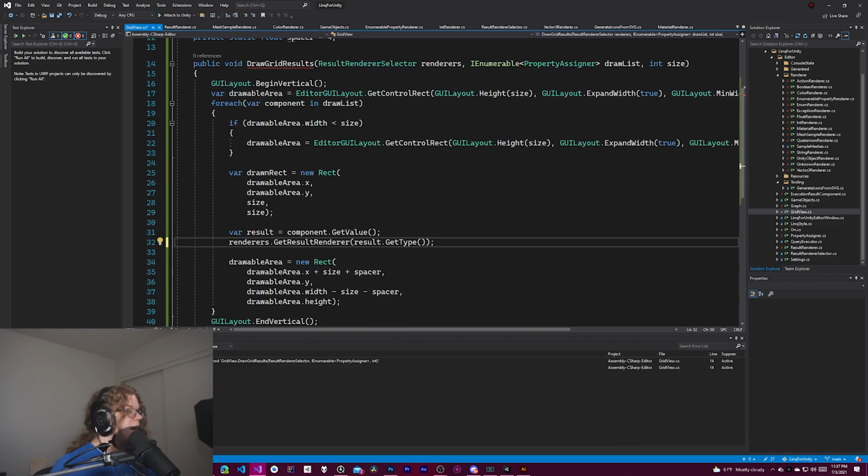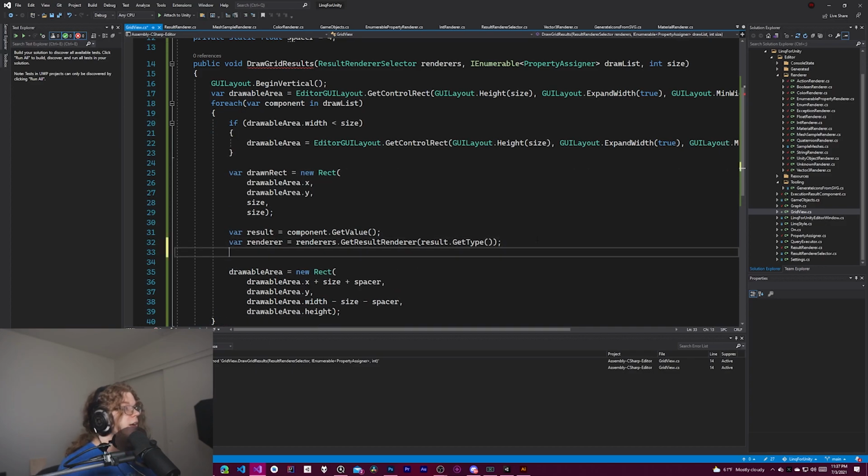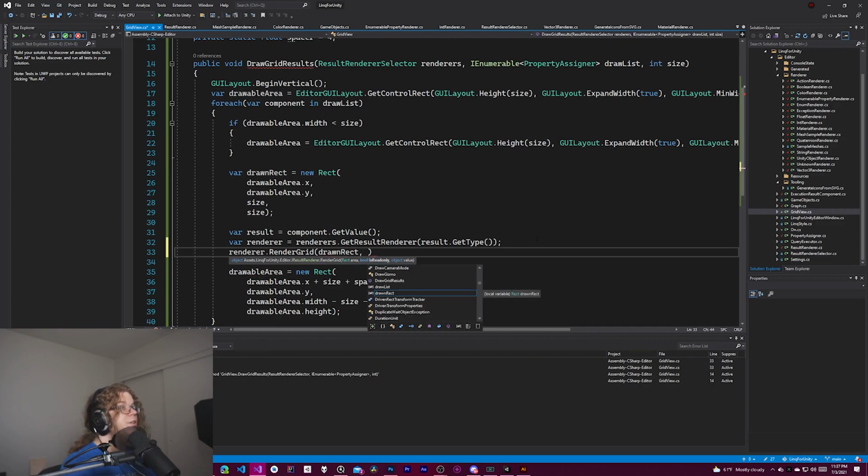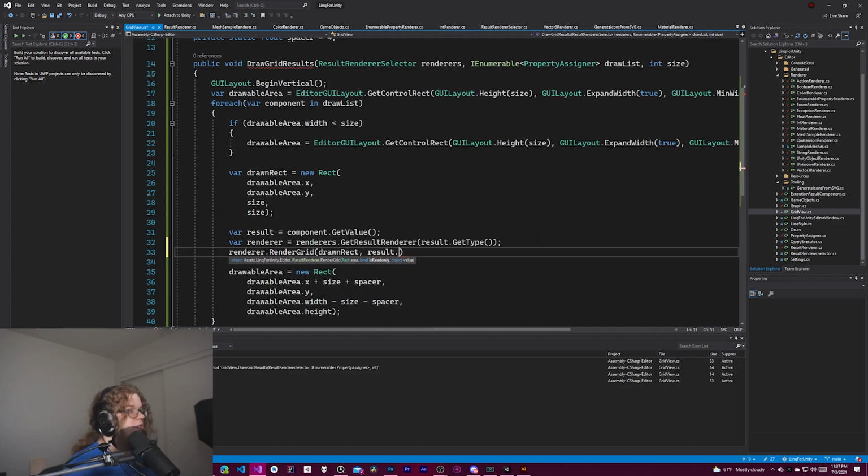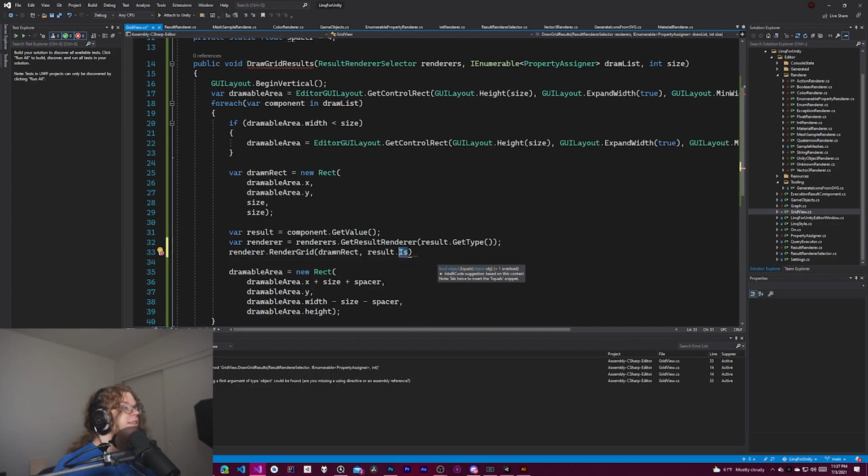And then, now that we have our render, let's do something. Render grid, and we need to pass in our drawn rectangle is read only, which we do not know yet. So I'm just going to do result. Isn't this part of this? No, that's the result. Never mind. Component